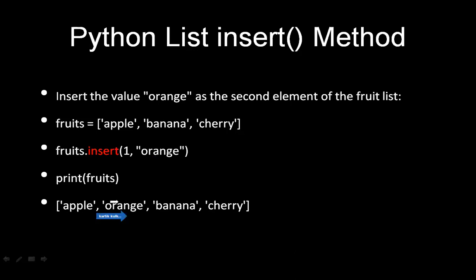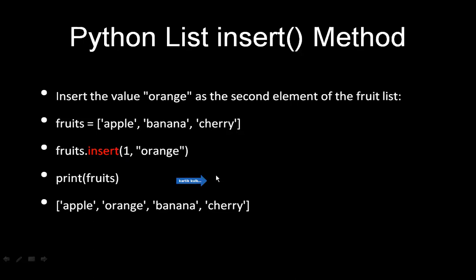It means that whenever we use the insert method, as the name itself indicates, it is used to insert the element at the specified index number. That is very important about the index number. As the name suggests, it inserts the value at the specified location in any given list. So this is all about the insert method.